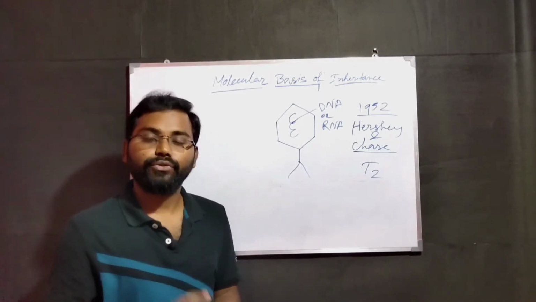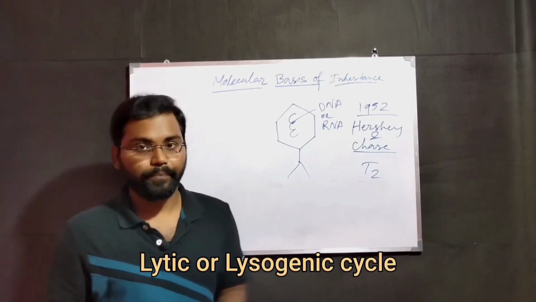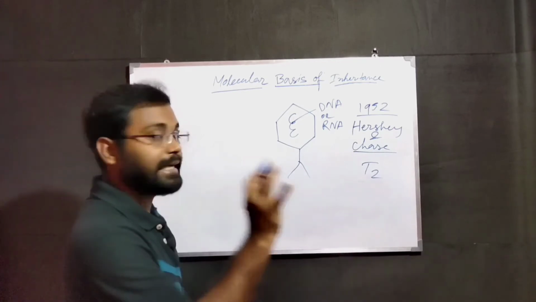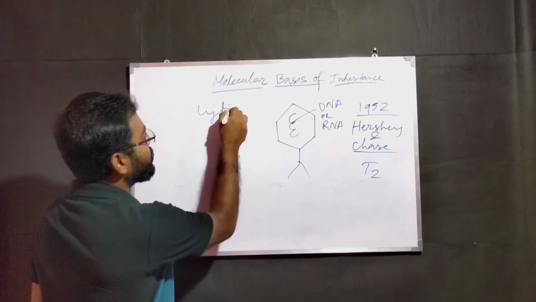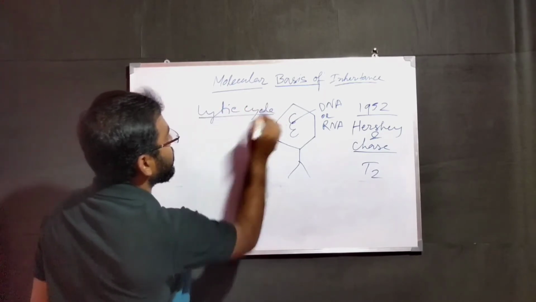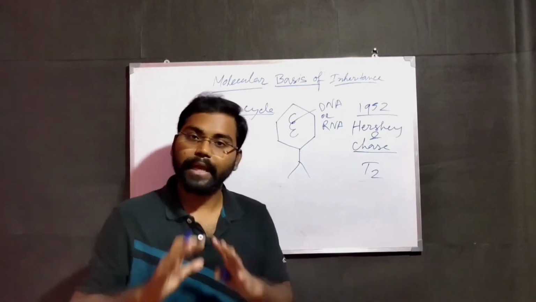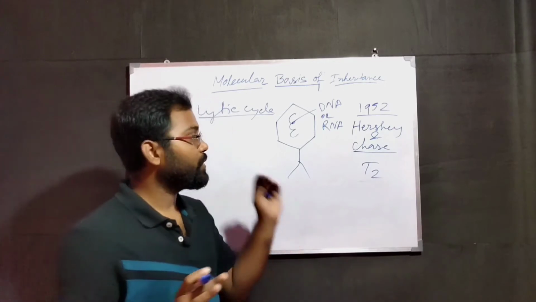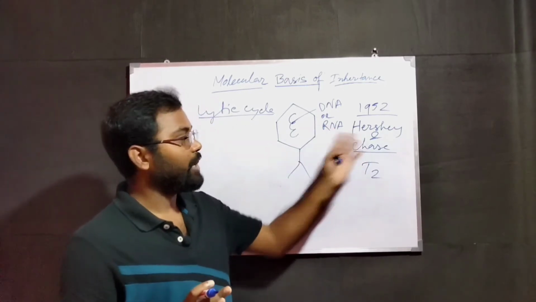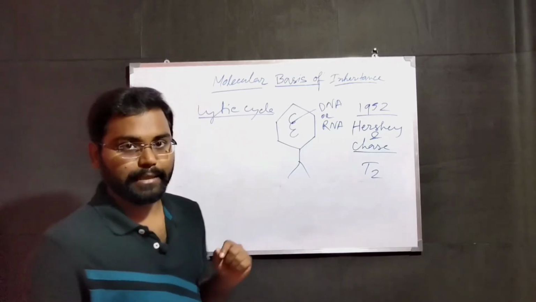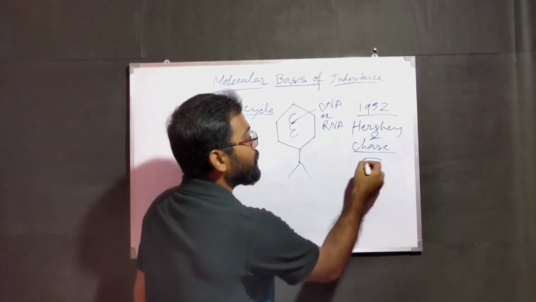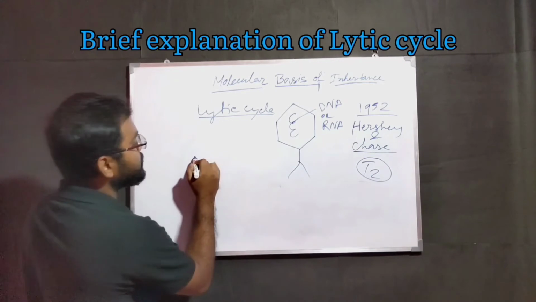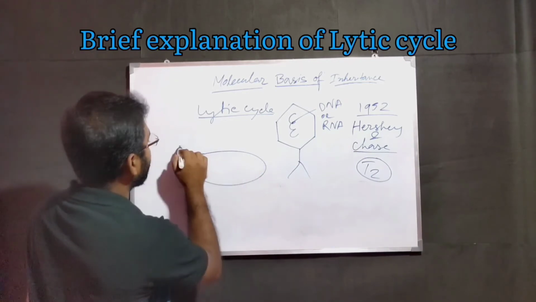Viruses reproduce through the lytic and lysogenic cycle. These T2 viruses reproduce through the lytic cycle. We will make a complete video on the lytic and lysogenic cycle; you can check it. But for this experiment of Hershey and Chase, we need to know the lytic cycle because T2 phage reproduces through the lytic cycle. Suppose this is a bacteria, E. coli,